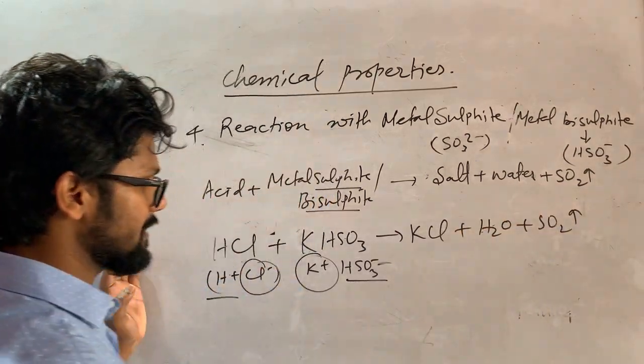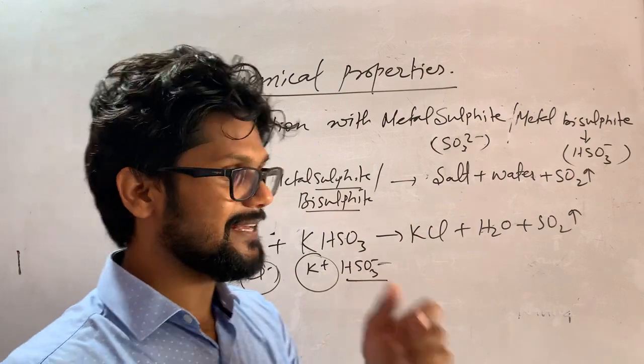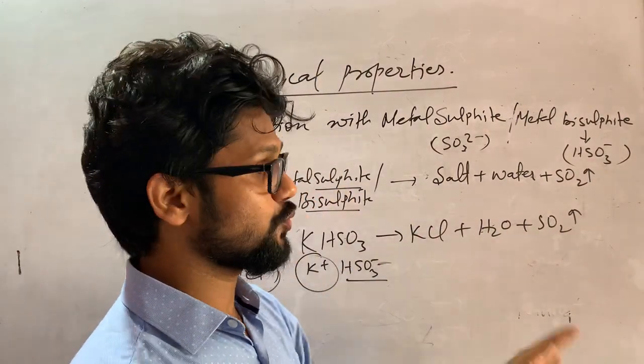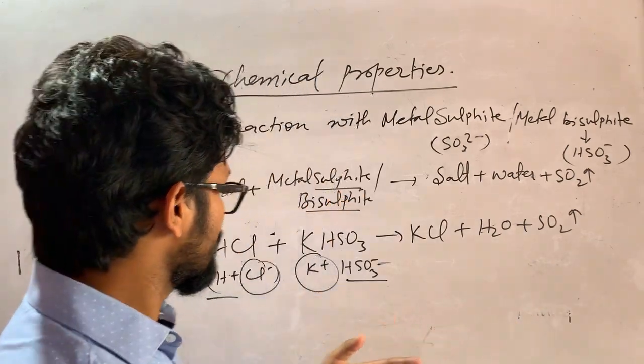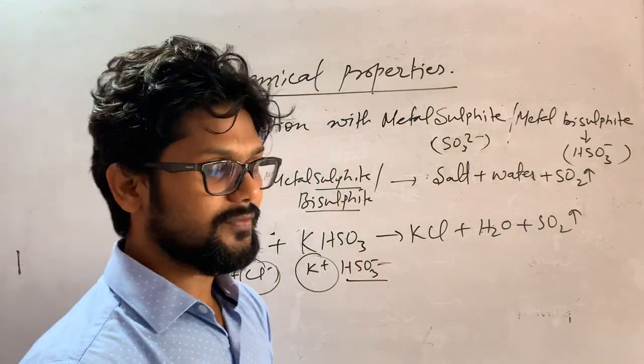As already said, reaction you have to balance. And one more thing I said, that you don't write H2O plus SO2 as H2SO3. That is wrong. That is not stable. You practice more reactions which are given in the book.